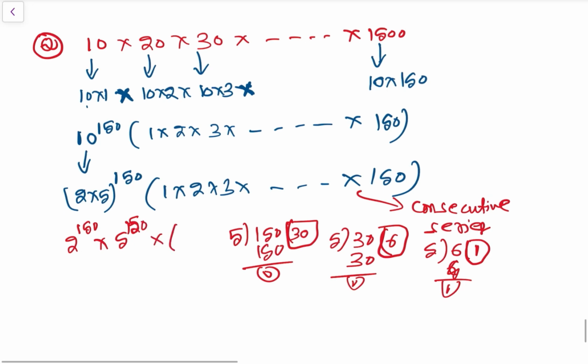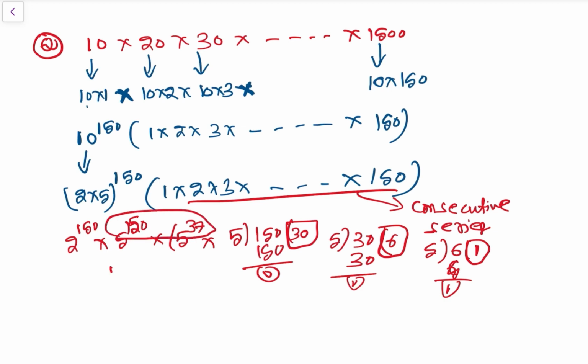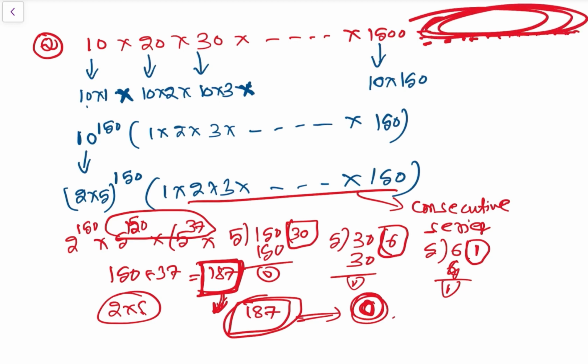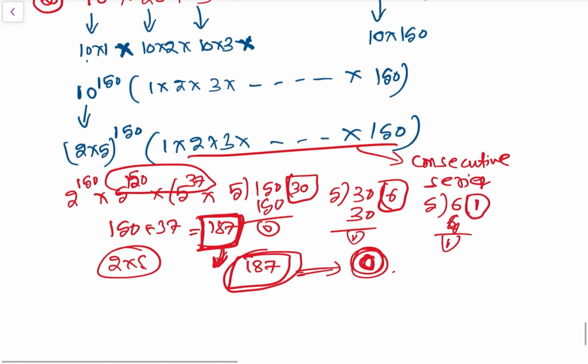150 into 5 to the power 37. इसमें 2s तो ज़्यादा ही होंगे, so answer is 150 plus 37, so 150 plus 37 is 187, so 187 zeros are possible because 187 2 into 5s are possible, so 187 zeros are possible towards the end of the product, so इस product का last 187 digits जो है वो zeros होंगे, 187 zeros, ठीक है, so ये है number of zeros,